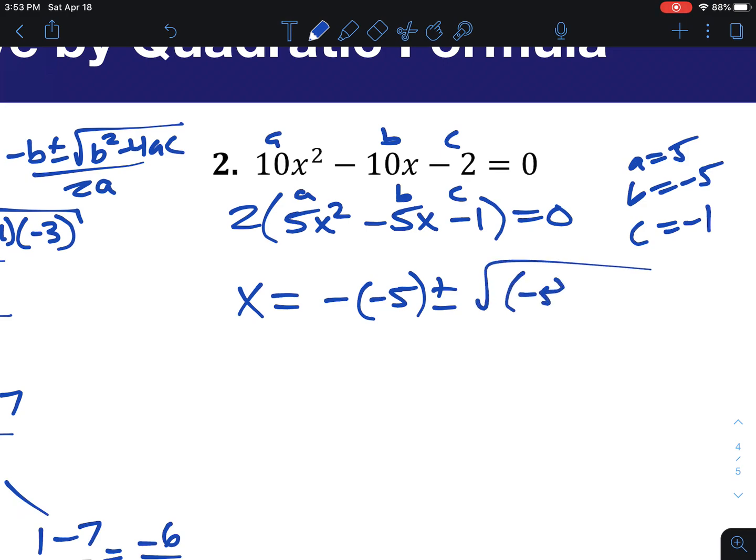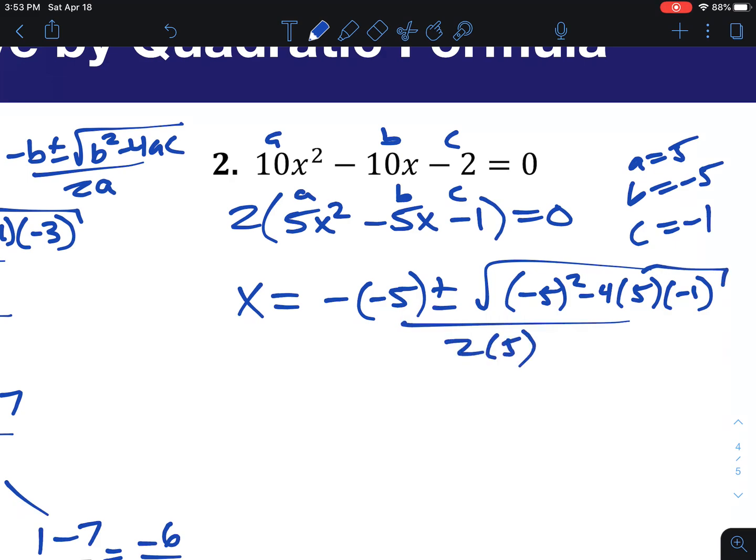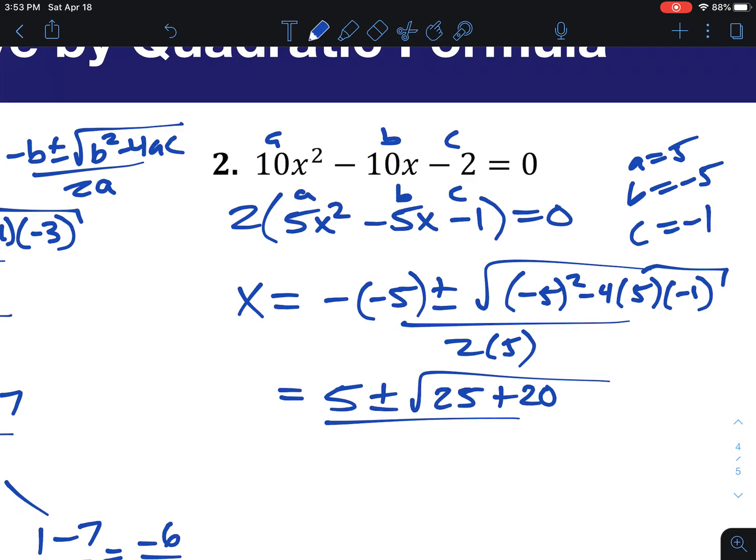Plus or minus the square root of b squared minus 4ac all over 2a. So we get 5 plus or minus the square root of 25. 4 times 5 is 20, so those two negatives make it another positive, all over 2 times 5, which is 10. And this gives us 5 plus or minus the square root of 45